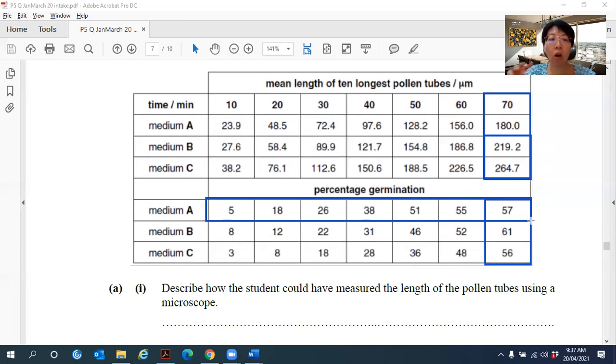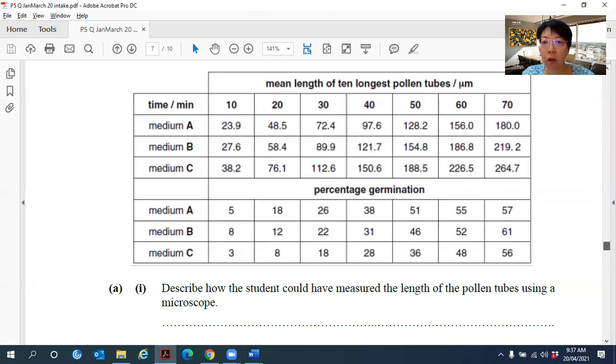Okay, so these are the three evidences that support the statement, the conclusion of the student. Now, what about evidences that do not support? Okay, evidence that does not support is,